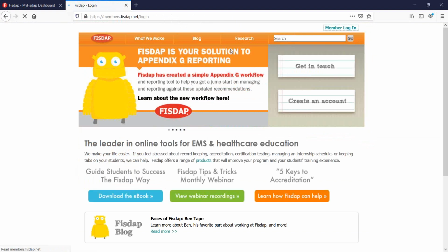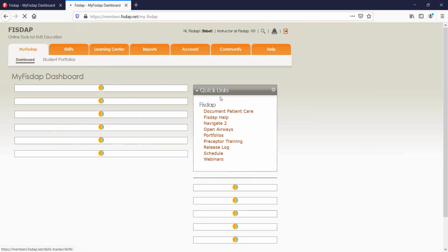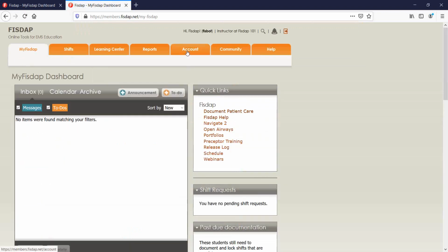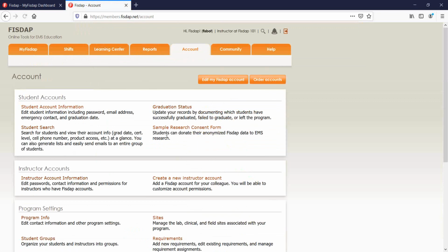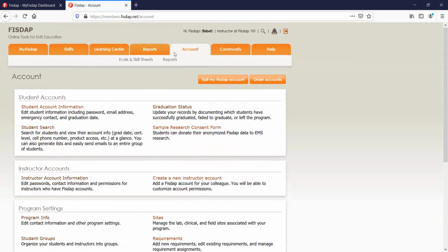So I'm just going to go ahead and get logged back into my instructor account here. And what I want to show now is that filter where we can filter down to the student groups that we've selected. We've mostly been showing ways you can use the account page to maximize that, but there are those filters appearing in a lot of other places